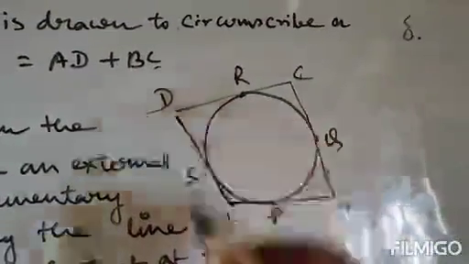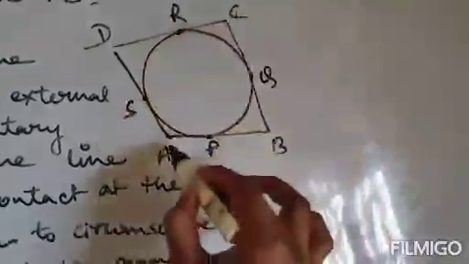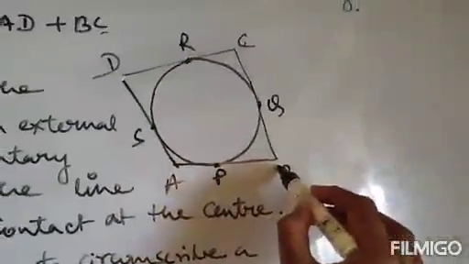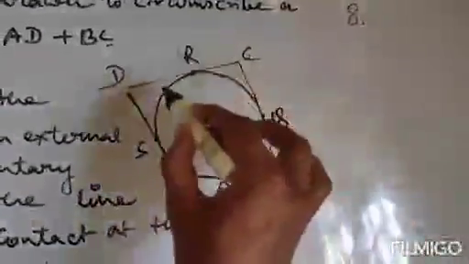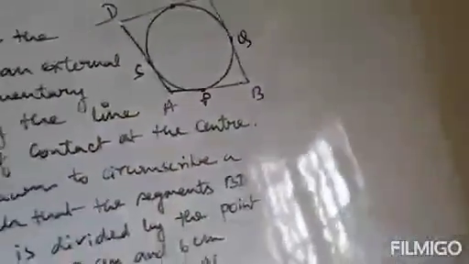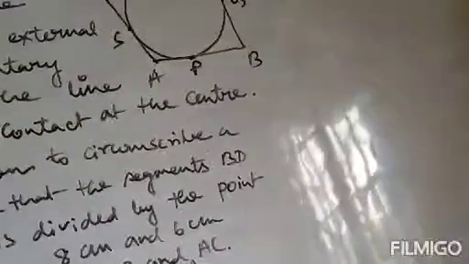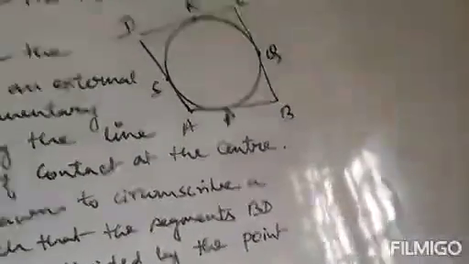On that theorem, suppose this is the external point D. In case of a circle, D is an external point, C is an external point, A is an external point, B is an external point. If we think about only the circle, then D, C, B, A are all external points. Clear? So the lengths of tangents drawn from external points on a circle are equal. That was the theorem.